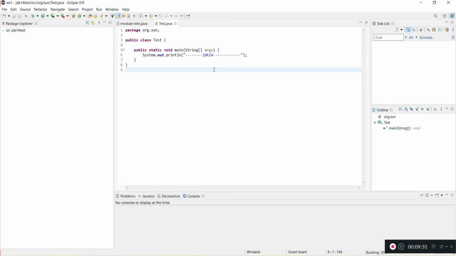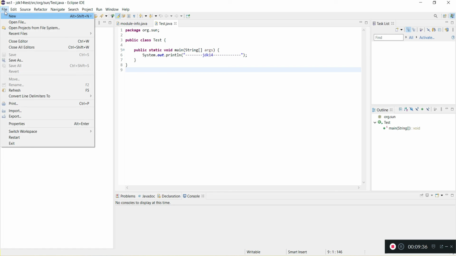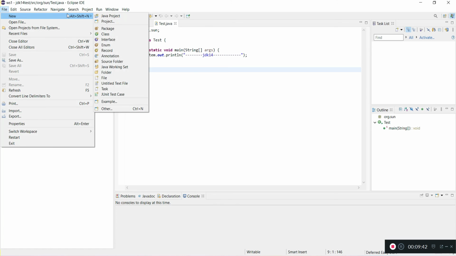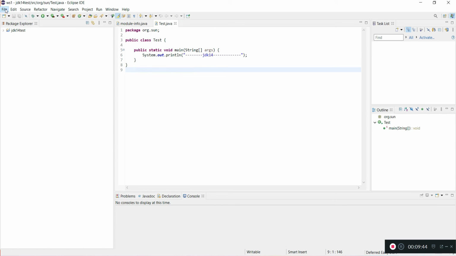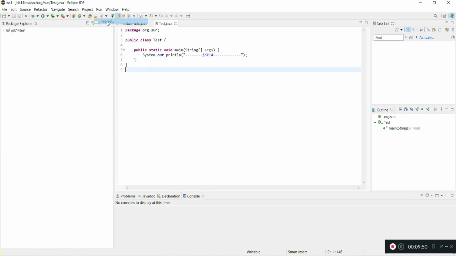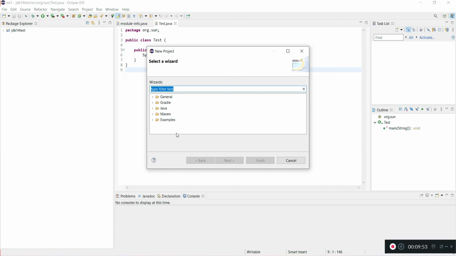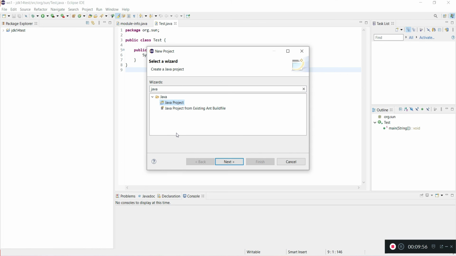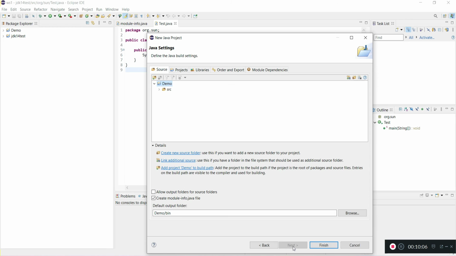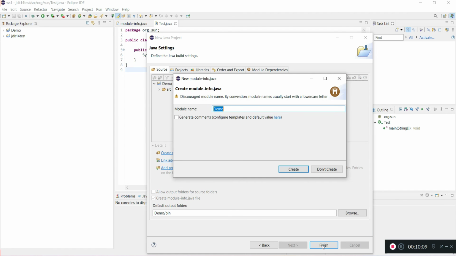Yeah, Eclipse is launched, and let me create a new project. A new Java project, a simple Java project. So click Java project and next, give some name like demo, and click finish.